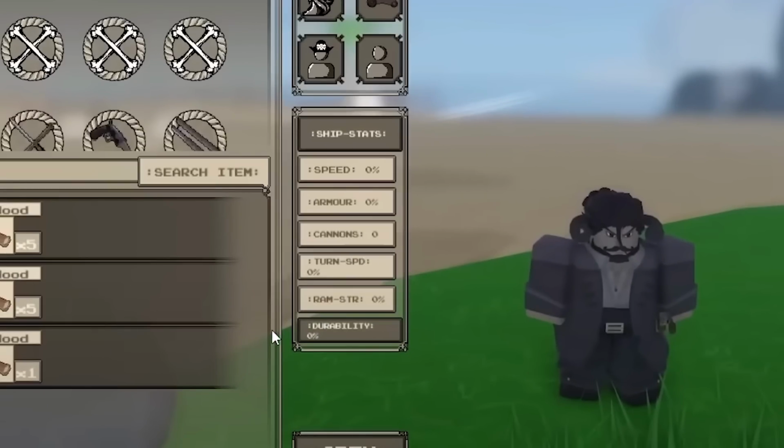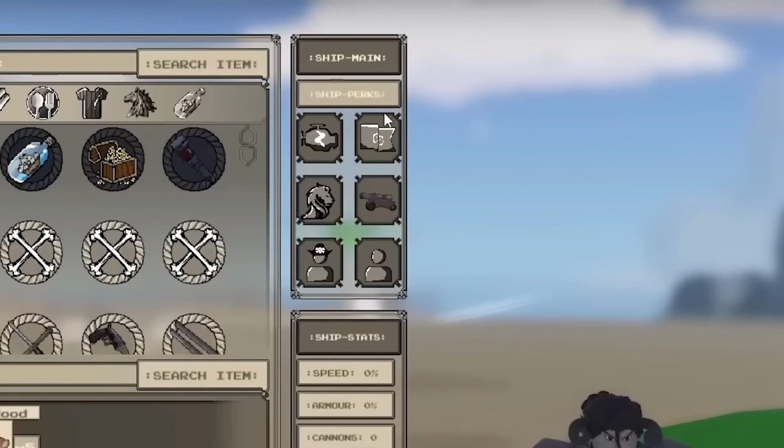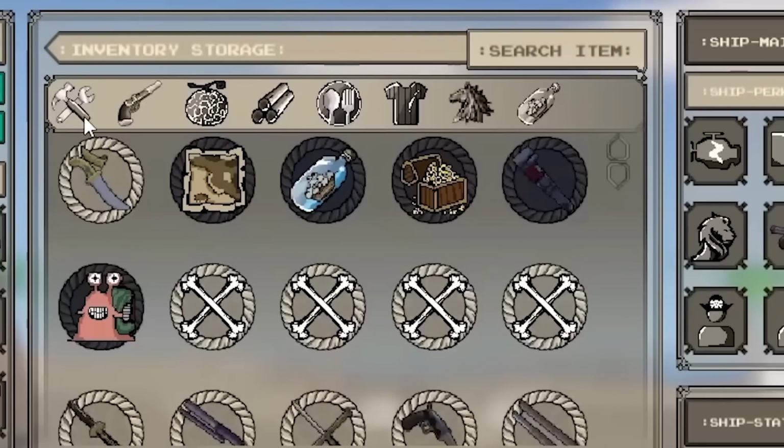Within the same page, you are able to see your ship stats. Over here, you're able to see your ship perks, which are things that you're able to place on your ship and use to upgrade your ship. And over here, we have different inventory tabs. Now, I'm not too sure what this one is going to mean. Maybe it just means everything in